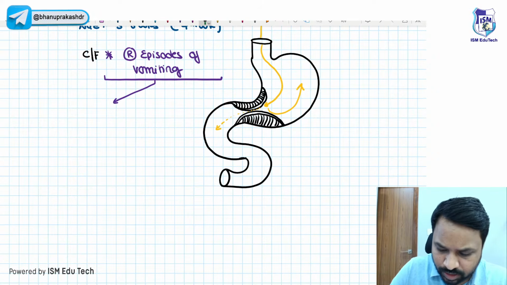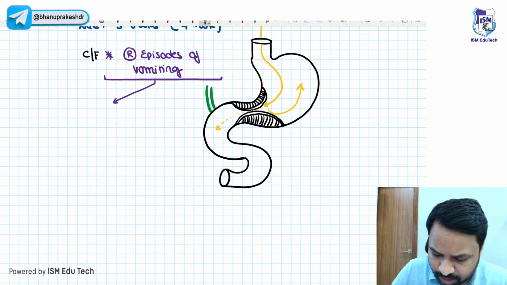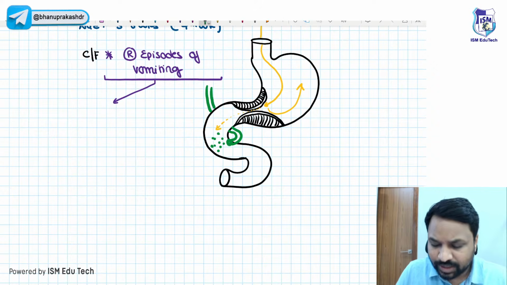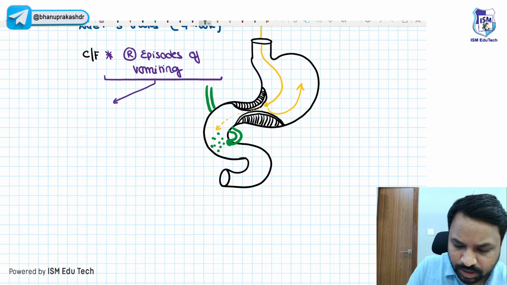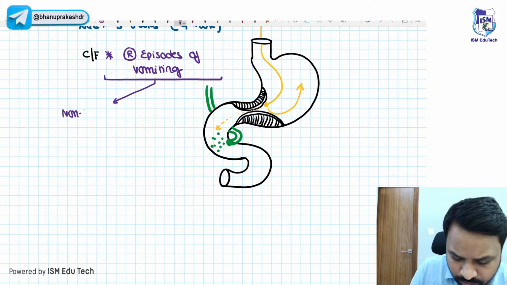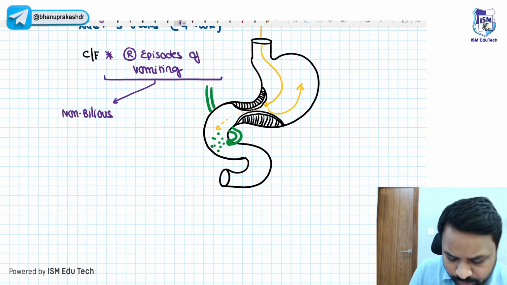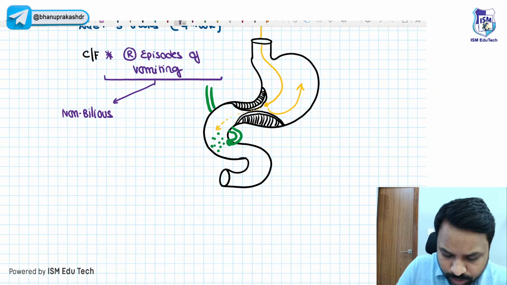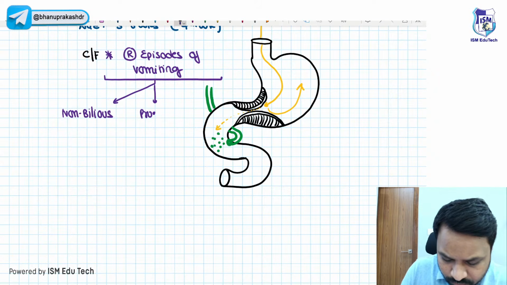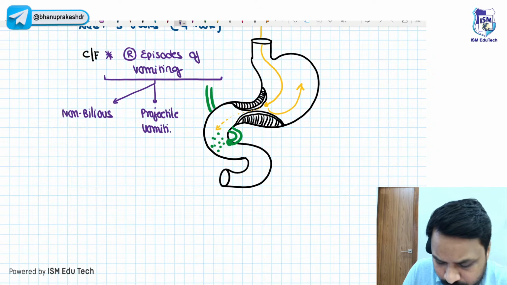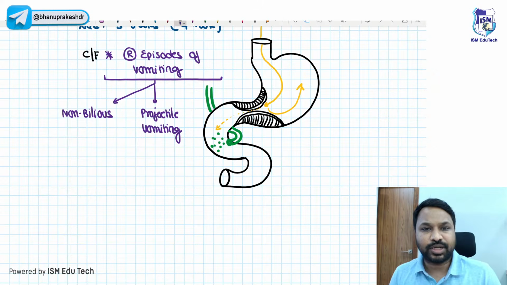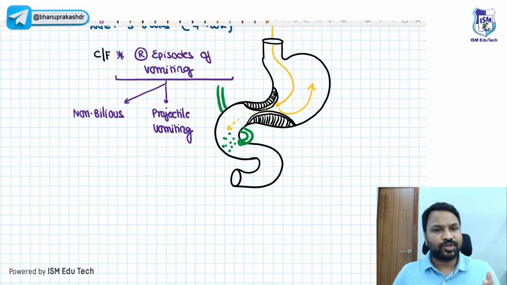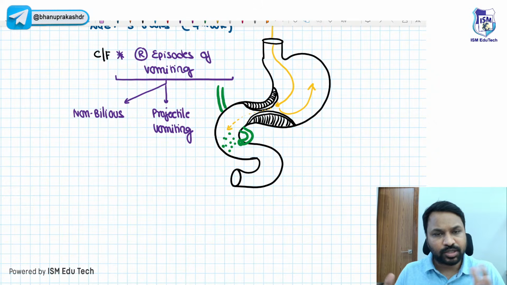Now, why I'm asking you is because the bile duct that is present, which travels behind and opens onto the second part of the duodenum, so bile will be present here. Now, when the vomitus is going to be there, it is not going to be bile mixed. So this is going to be non-bilious. Remember, whenever there is a proximal obstruction, it will be associated with projectile vomiting. It will be non-bilious and projectile vomiting, right? So there will be repeated episodes of vomiting which is non-bilious in nature and projectile because it is a proximal